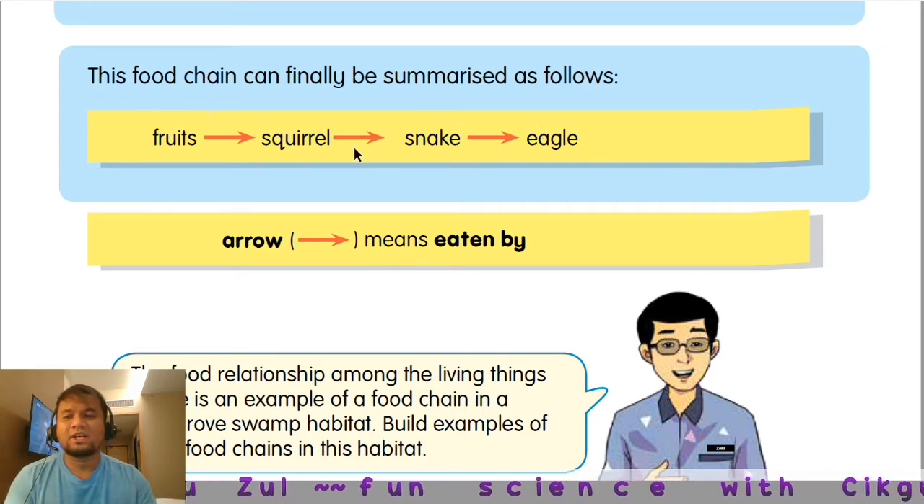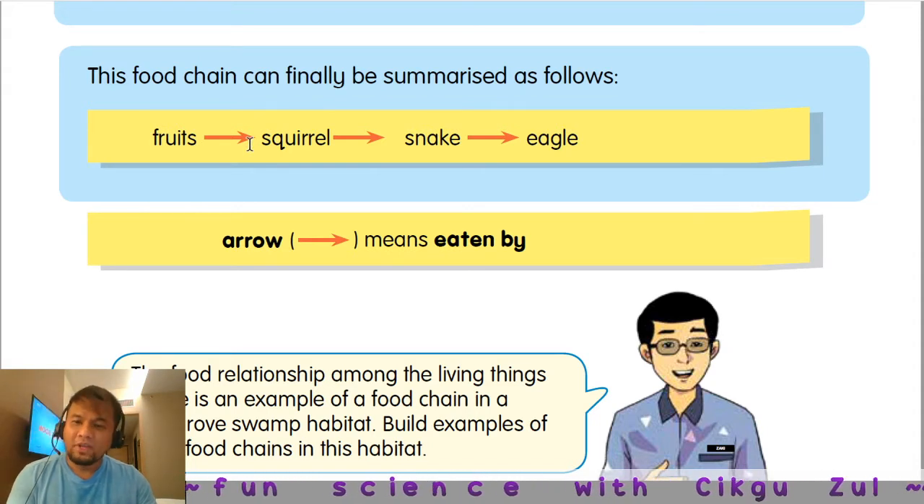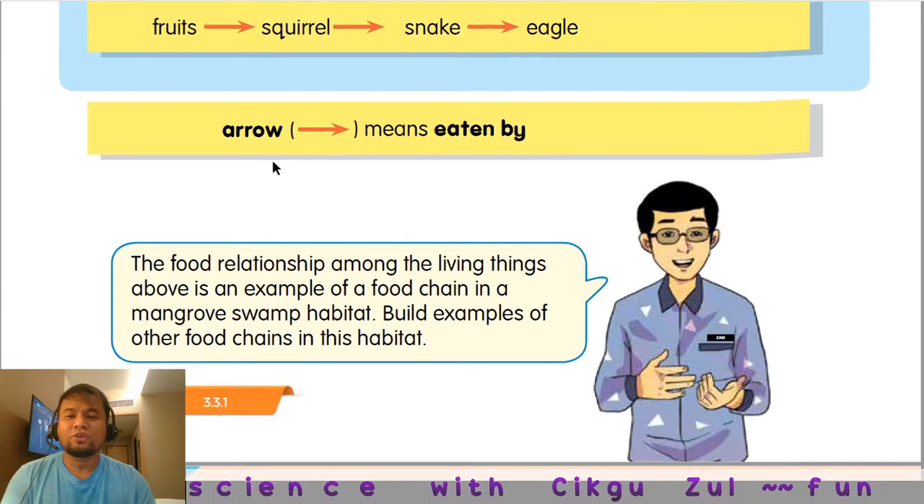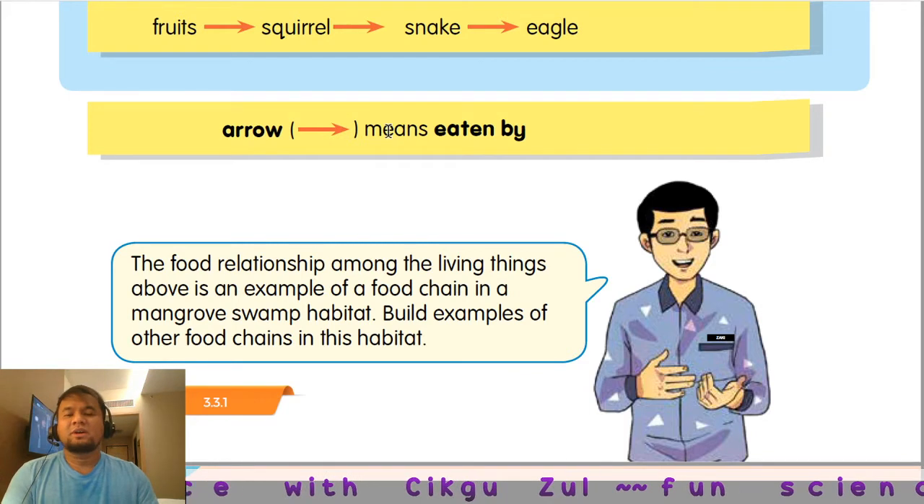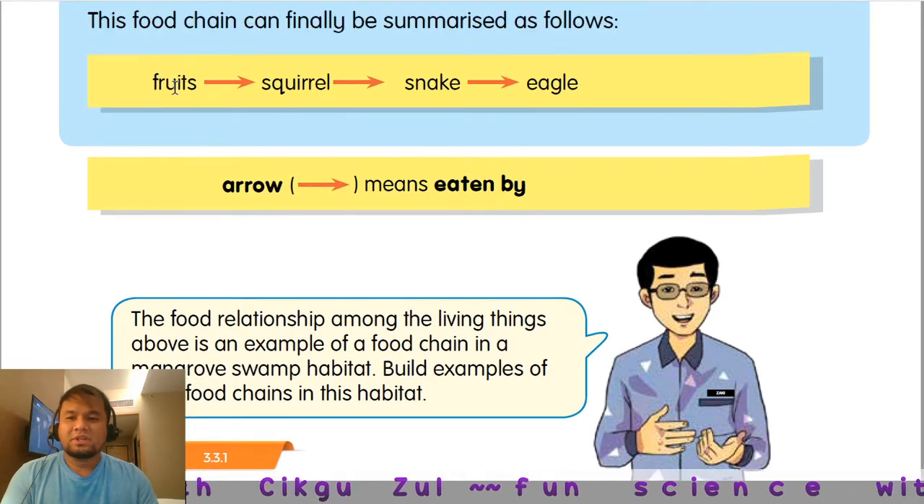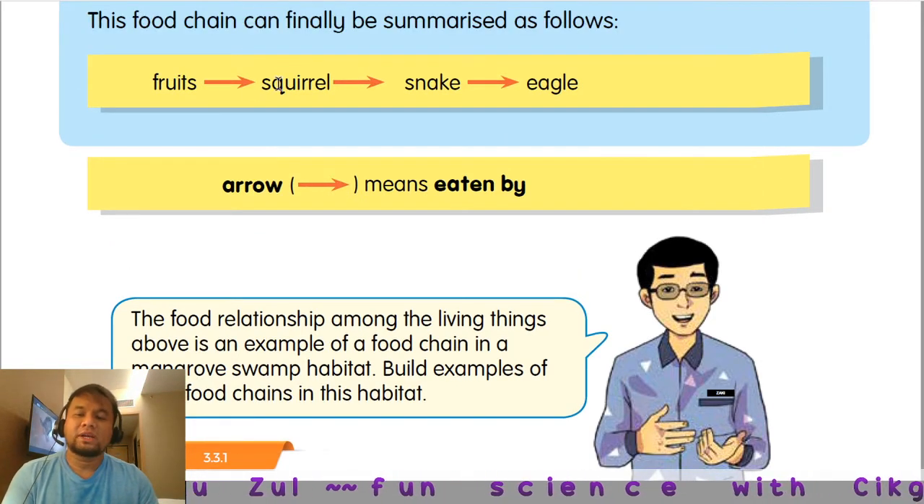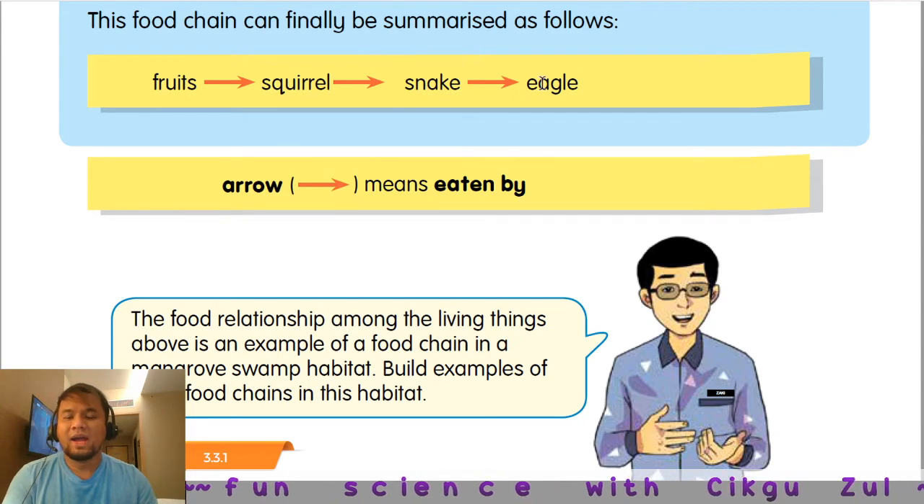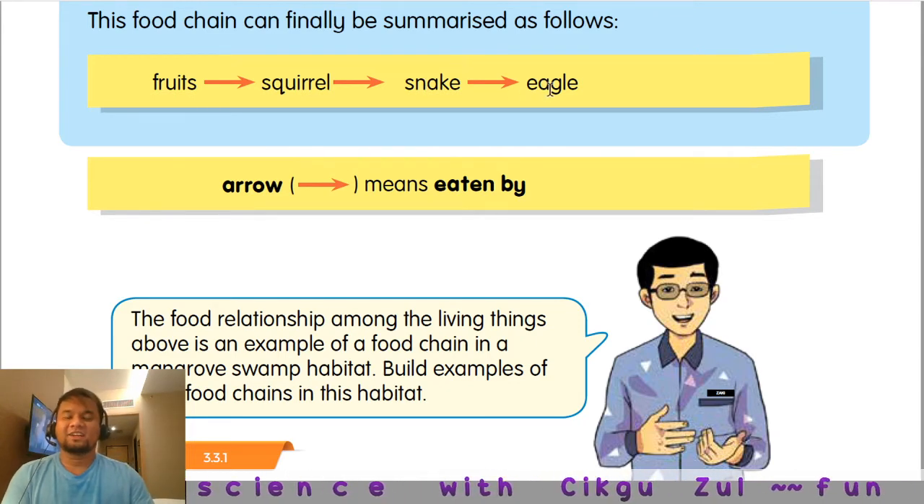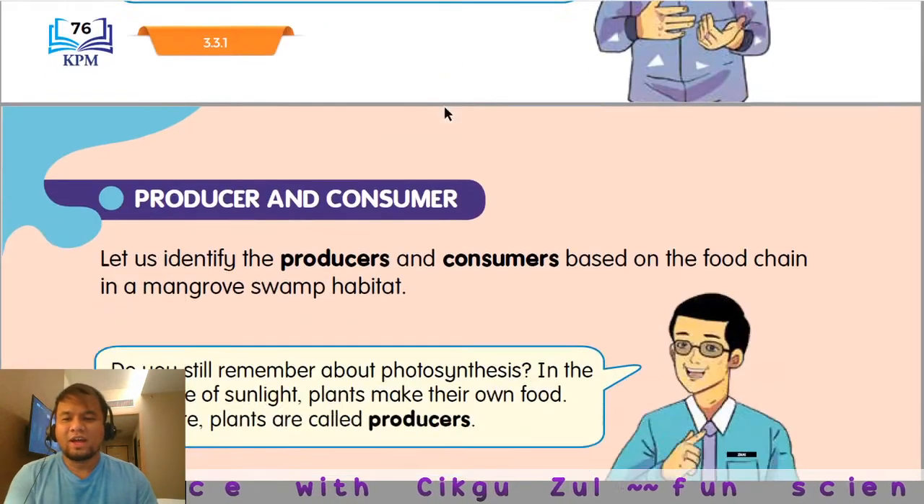Tuliskan dia saja, ia akan menjadi food chain, a complete food chain. Arrow itu dia kata means eaten by. Jadi cara kita baca pun macam tadilah, fruits eaten by squirrel, eaten by snake, eaten by eagle. Okay. Now let's go down to